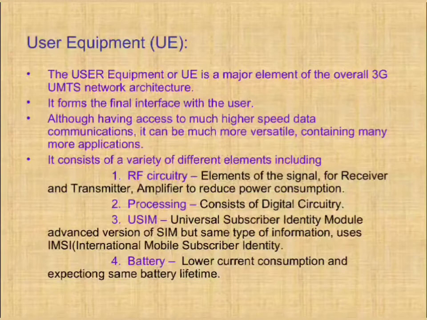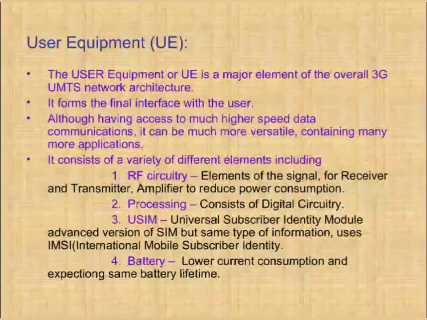The modulation used here for WCDMA requires the use of a linear amplifier, and these take more current than non-linear amplifiers which are used in GSM technology. So to maintain battery life, measures were introduced into many of the designs to ensure optimum efficiency. Then processing: the baseband signal processing consists mainly of digital circuitry, and this is considerably more complicated than in previous generations. This has been optimized to reduce the current consumption as far as possible.